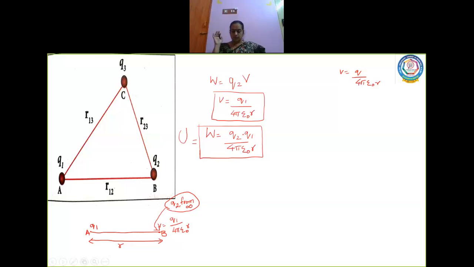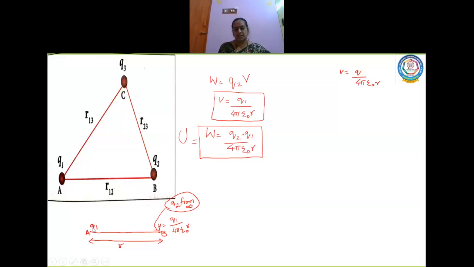Fine. And I also said the potential energy depends only on the distance between the two point charges. Now this would have been the opposite also. What did I do? I took a charge Q1, brought it to A, and the potential at B was found out. The same thing I can do: I can have Q2 first at B. If Q2 is going to be at B, what is the electric potential at Q1?